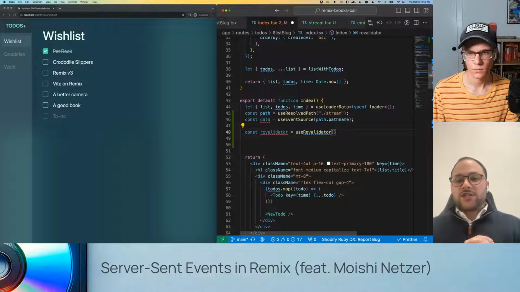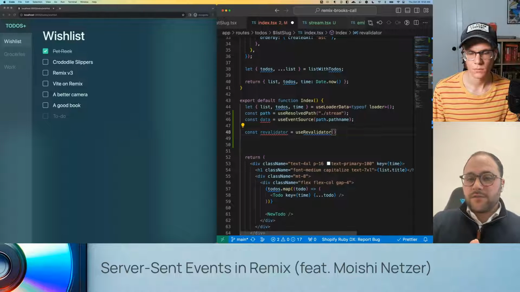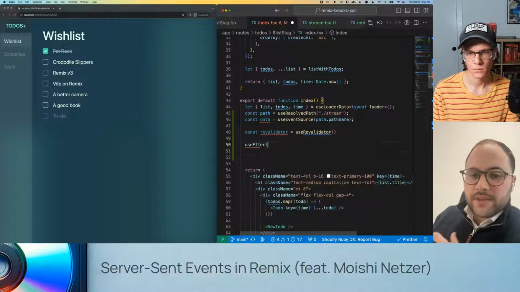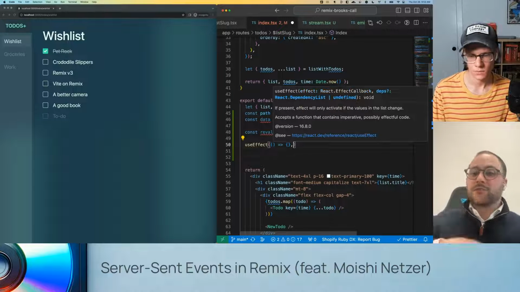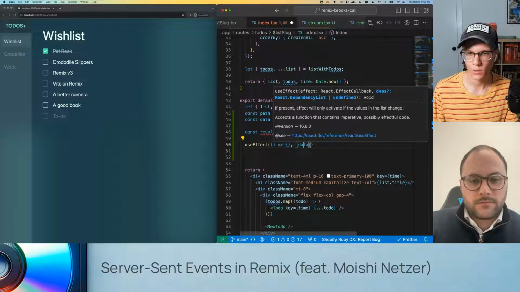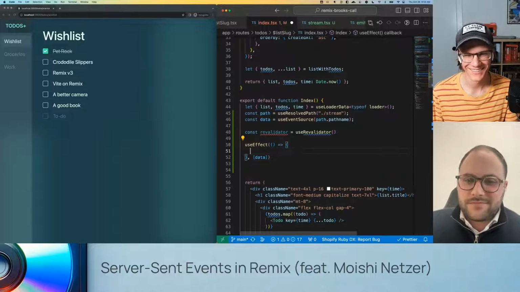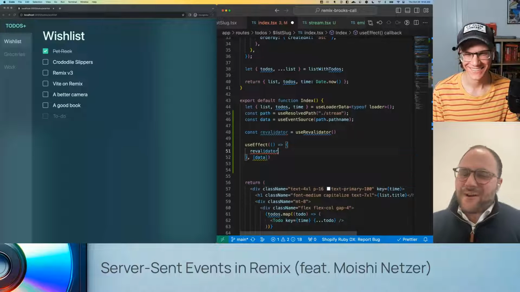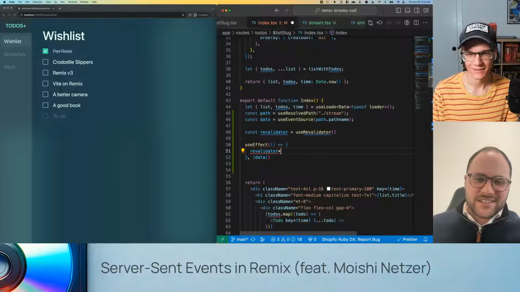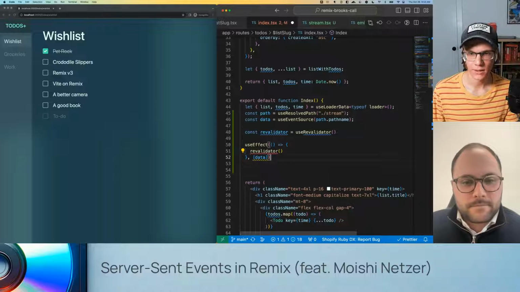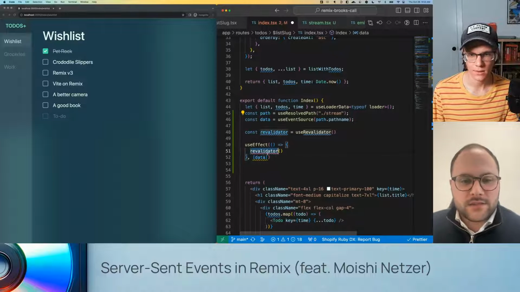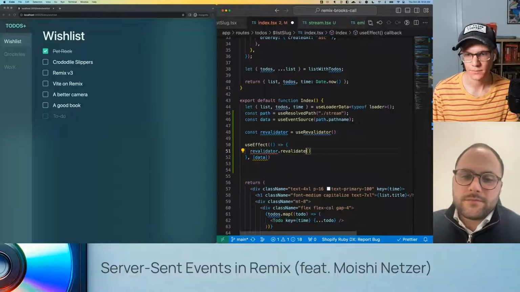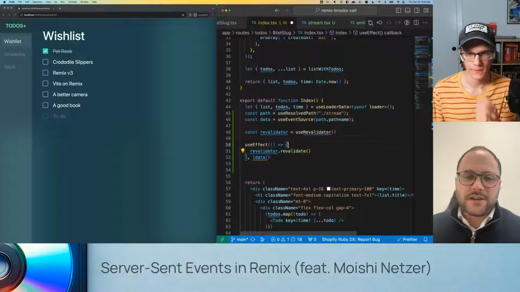Now we can have a useEffect that listens to whenever this data changes, and it's like, okay, let's revalidate the page. I thought you said we weren't going to use that. No, I'm just kidding. And we're in client land now. I can't promise you anything. Yeah, exactly. So revalidator dot revalidate. You could destructure it, but that's fine as well.